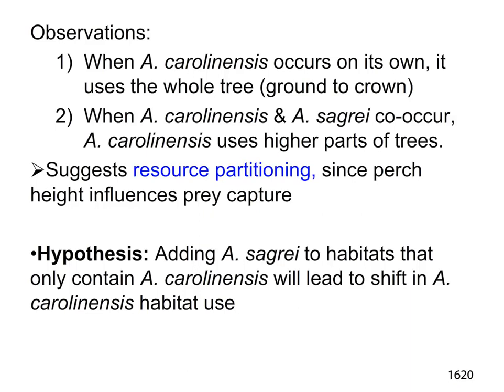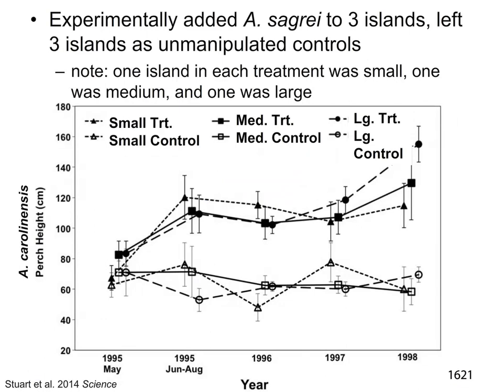Make sure that you can read through that, given this information, and then make sure that this makes sense, okay? Because it has to before we hit the next figure. Now, this study was conducted in the 90s. I can tell you most likely they would not allow an invader to be added these days, okay? But what they did was they experimentally added this invader species to 3 islands, all right? And they left 3 islands as unmanipulated controls.